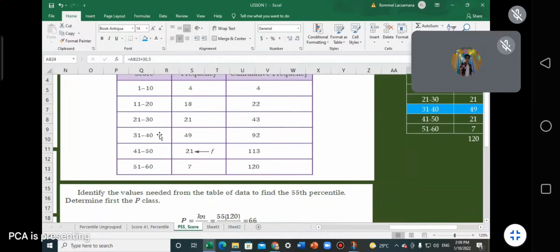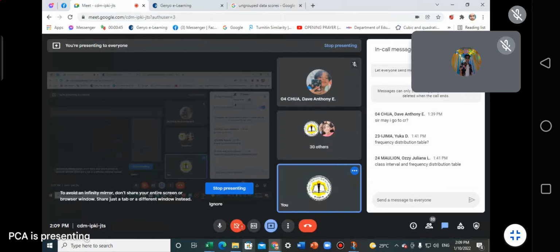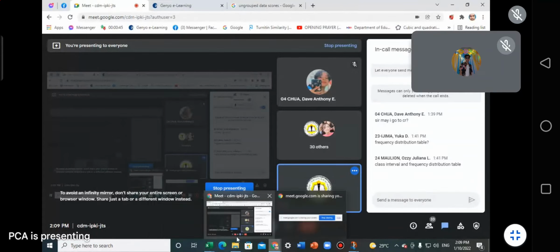By interpretation, you're saying that whoever is ranked 55th percentile rank has a score of 35. No? Score is 35. Okay? Is it clear for everybody? A thumbs up. Okay, basically they are the same, no? So again,